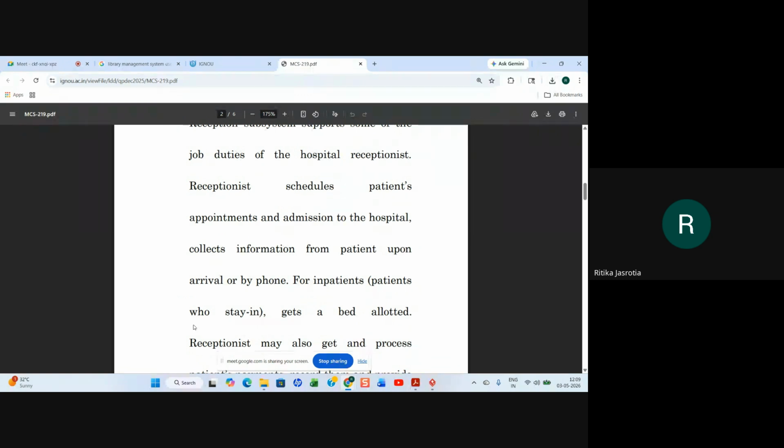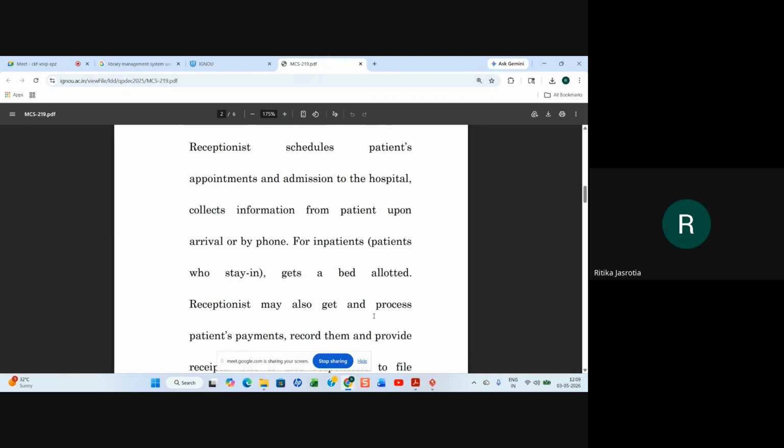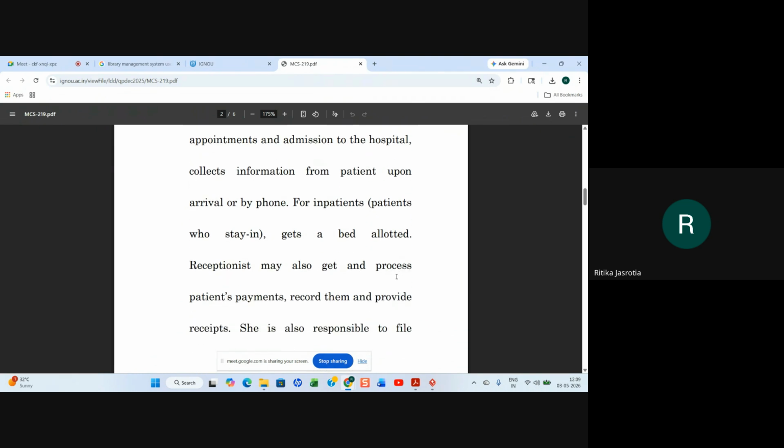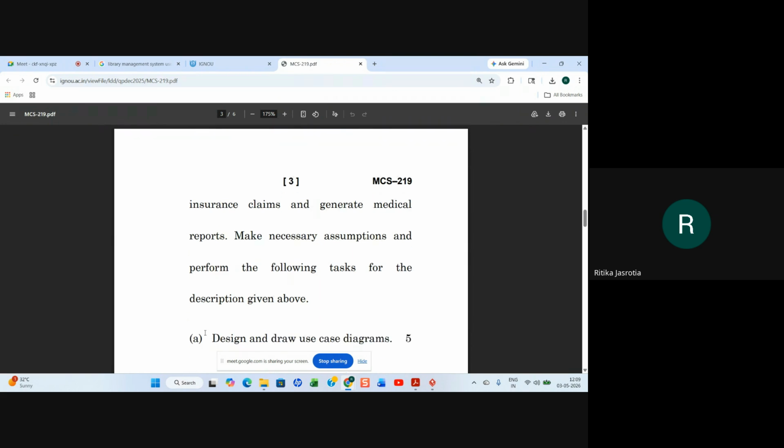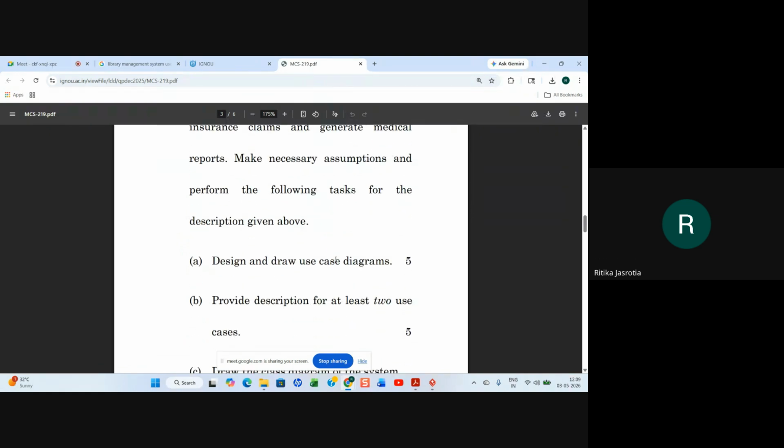For inpatients, patients who stay in, a bed is allotted. Receptionists may also get and process patients' payments, record them and provide receipts. She is also responsible to file insurance claims and generate medical reports. Make necessary assumptions and perform the following tasks for the description given below. Design and draw the use case diagram.